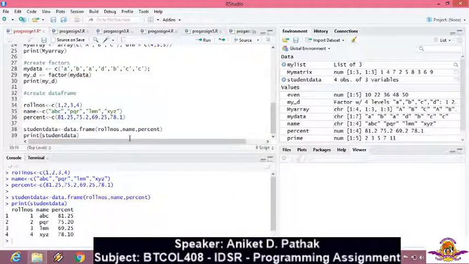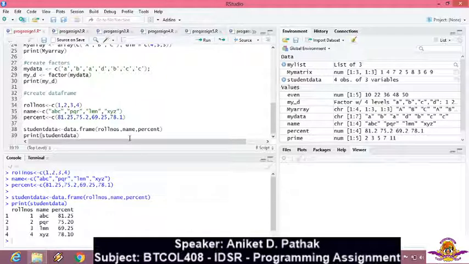So basically in this programming assignment, we have seen the different simple data types additionally available in the R language, which would be useful for carrying out data analysis, managing the data, or putting the data in a simple way.